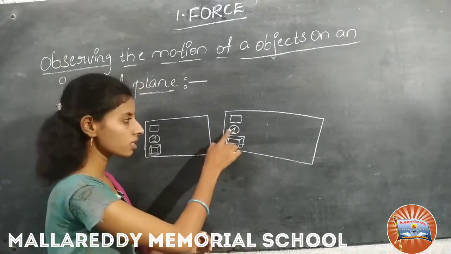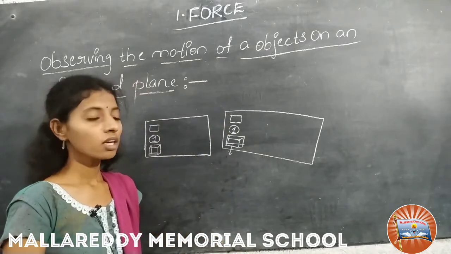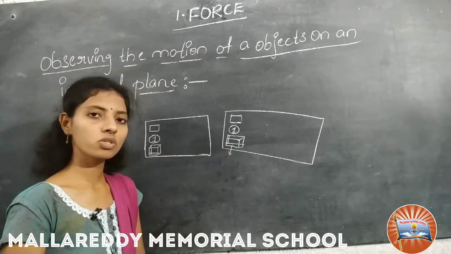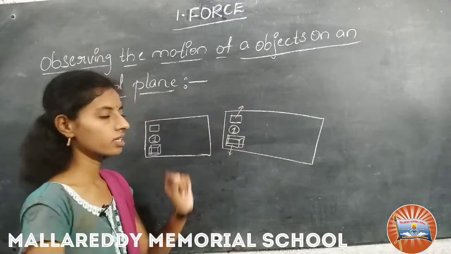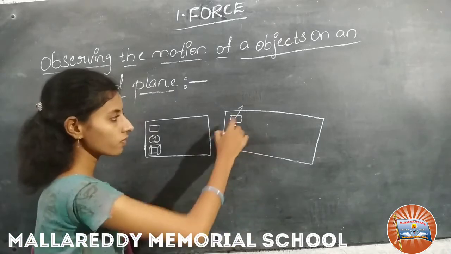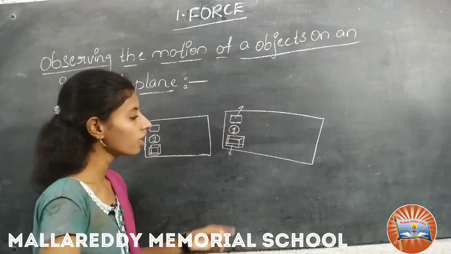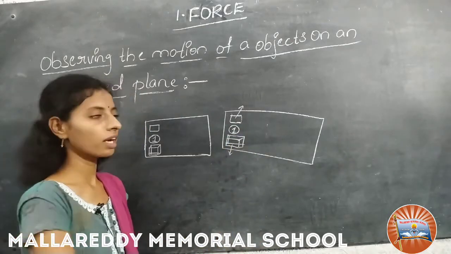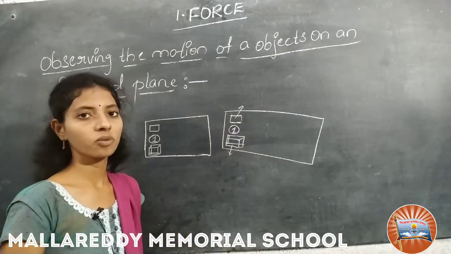No, these three will not experience the same resistance to the motion, right? But which one experiences more resistance to the motion? From these three, the eraser will experience more resistance to the motion. Here the surface of the eraser is rough when compared to the ice cube and 1 rupee coin. The surface of the eraser is rough. That's why it is experiencing more resistance to the motion here.